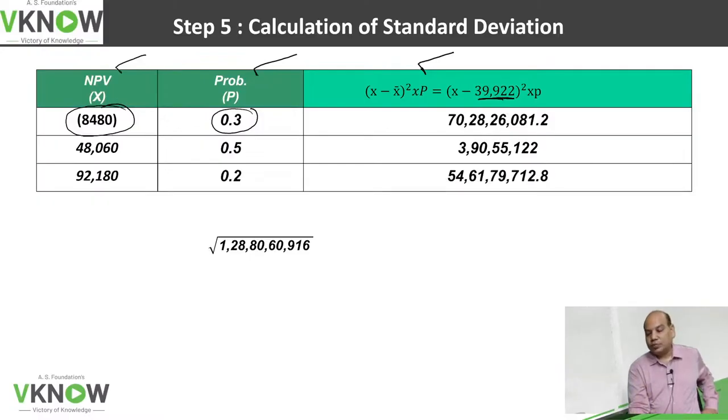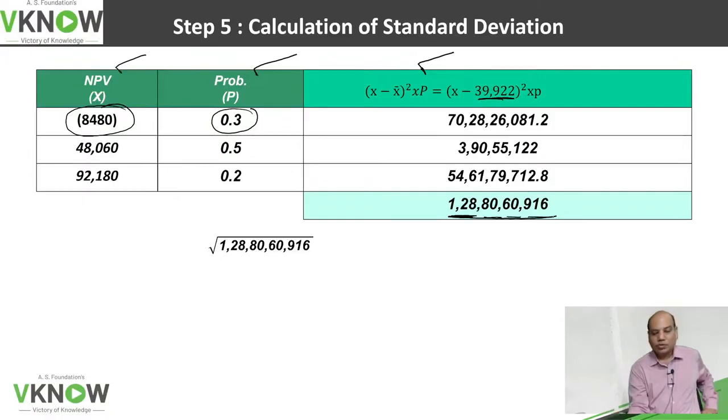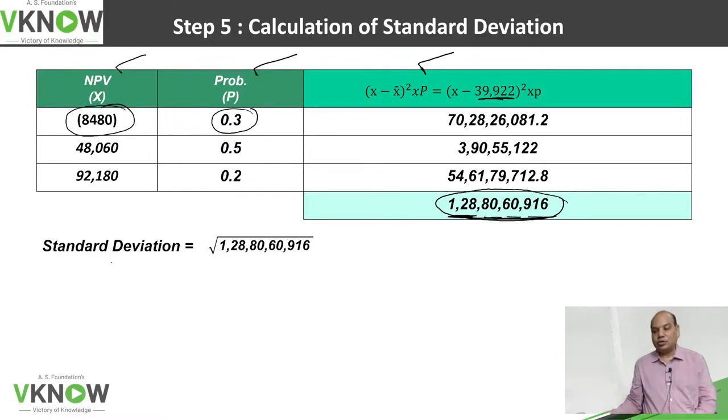So that is equal to 54 crore 61 lakh 79,712.8 memory plus. If you have transferred all the three numbers to memory plus, memory recall, this is the total. Oh my god, 128 crore 80 lakh 60,916. Do not round off, otherwise the square root you have to take for standard deviation, the answer can change. Is it right? So please write down below standard deviation equal to